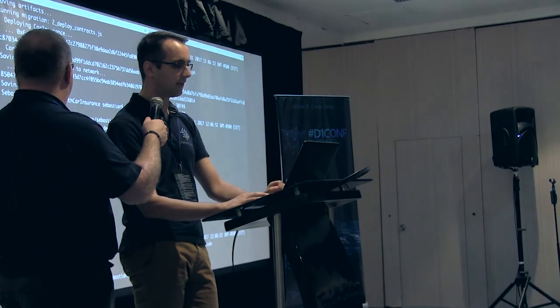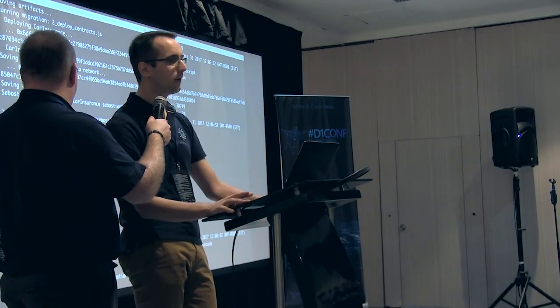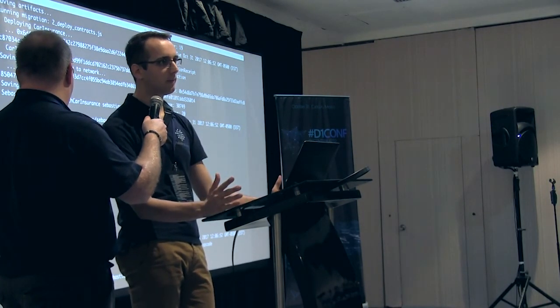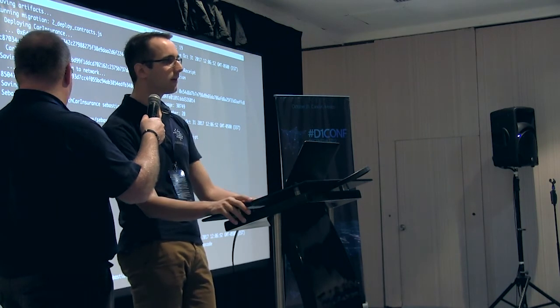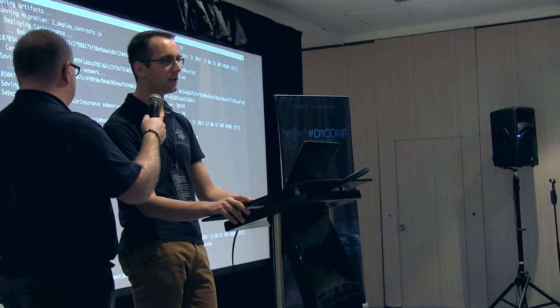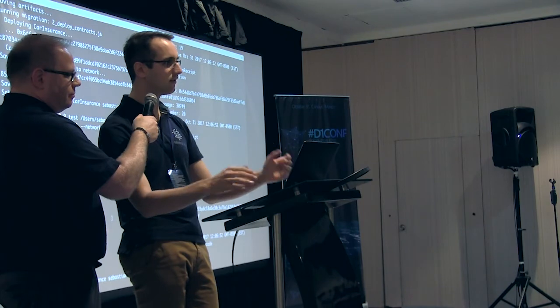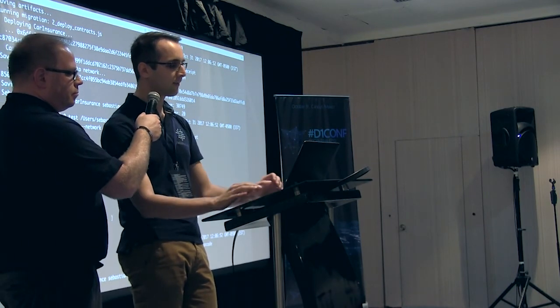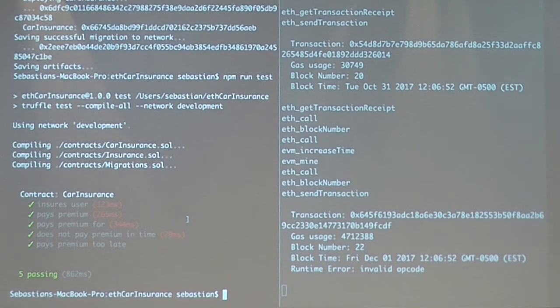All tests passed. But the next thing we might wonder is, okay, did I really test all my code? What does this really mean? It's cool that I see 5 green check marks, but how does it relate to the code, right? And there's a pretty nice tool called solidity coverage. So I'm going to run